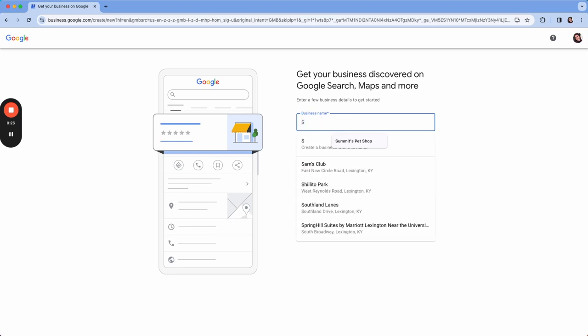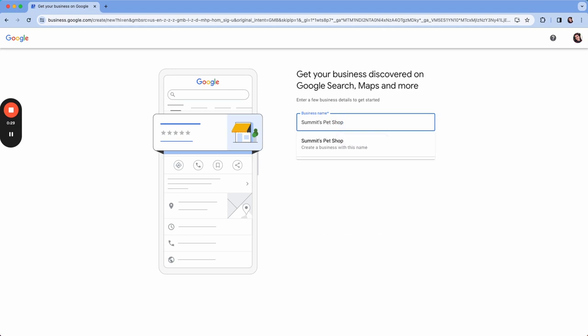I'm going to do the example of Summit Pet Shop. And as you can see, there were other things populating down here. There is a chance that a Google business profile has already been created for your business, so you just want to see if that is the case. But since I know that there is not one, I'm just going to click on this Summit's Pet Shop and